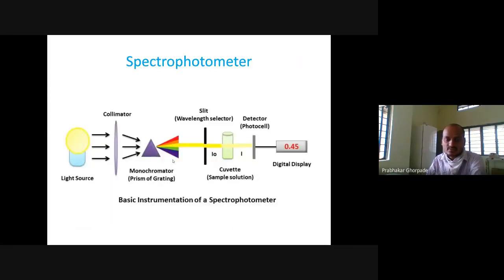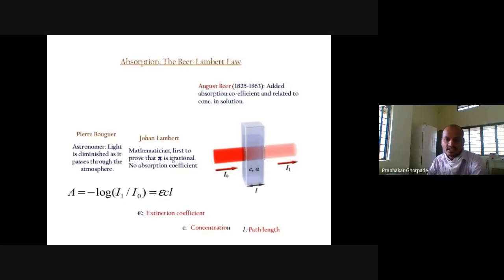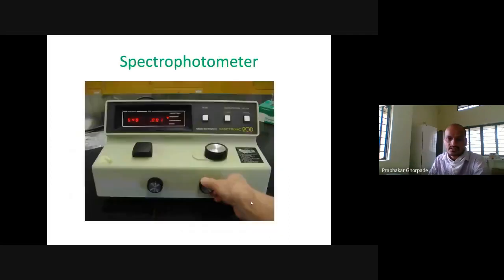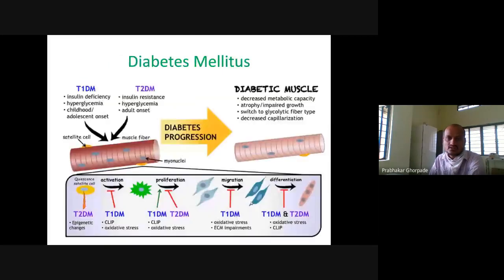Then we saw how the spectrophotometer works, how different colors have different wavelengths, and how, based on wavelength and light principle using the Lambert-Beer law, we can determine the optical density, the absorption of a compound. Absorption is directly proportional to concentration multiplied by path length, and this path length we are keeping constant, so absorption is directly proportional to the concentration. Absorption can be calculated as the negative log of transmitted light divided by incident light. So this equipment we saw, how to isolate serum,